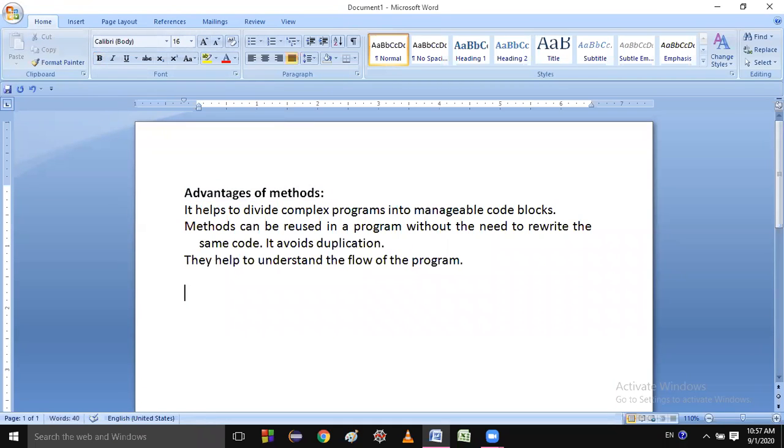So types of methods. Students, there are only two types of methods. First one is system defined method.